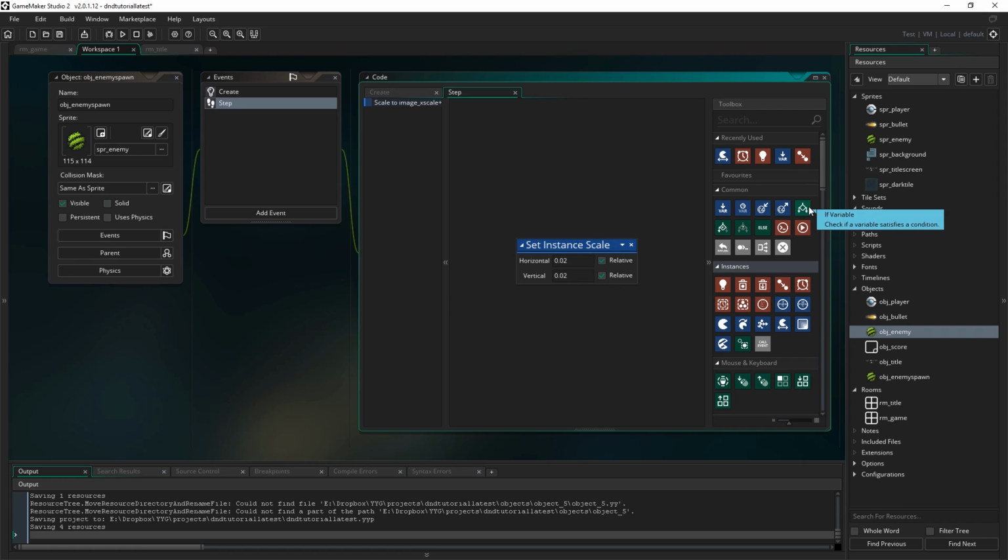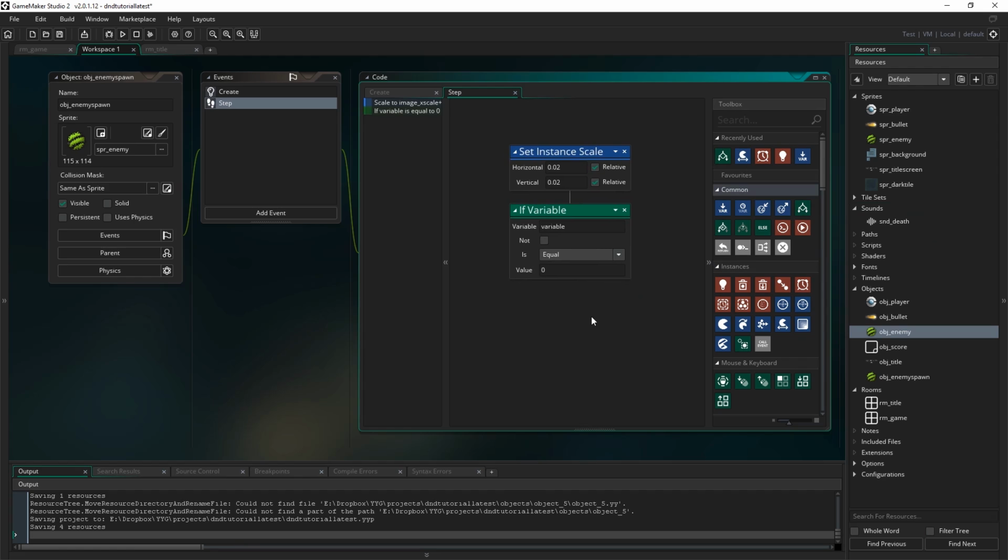Then I'm going to drag in the if variable action from the common section, and I'm going to check to see if image underscore x scale, which refers to our horizontal scale,